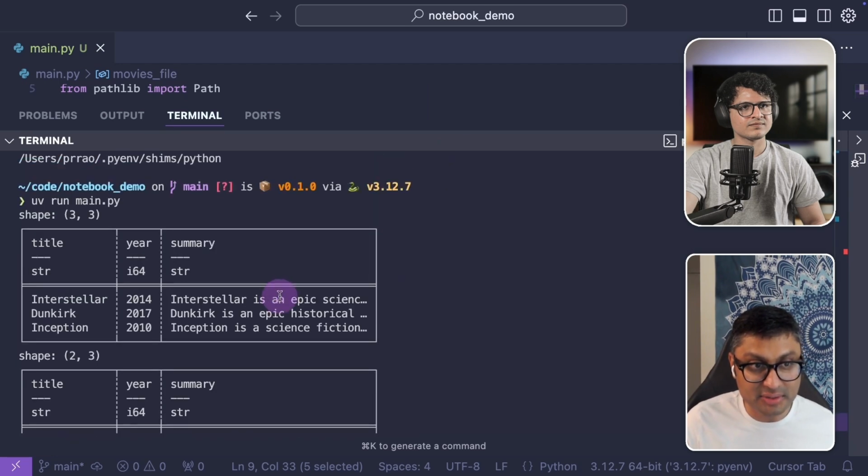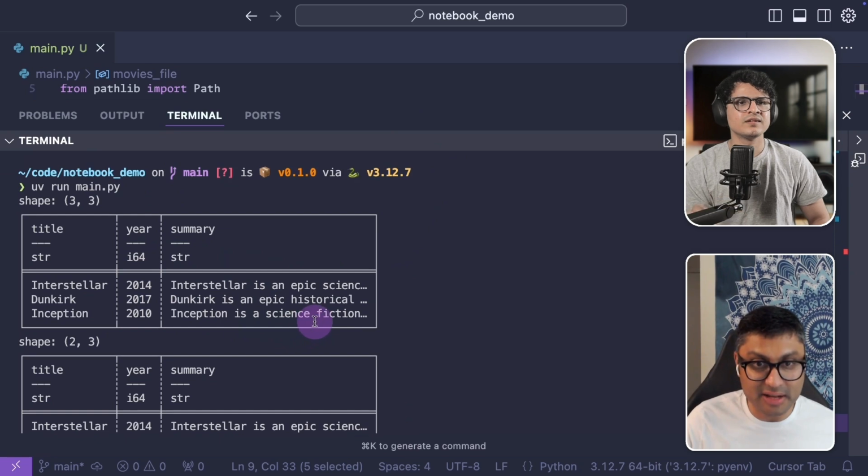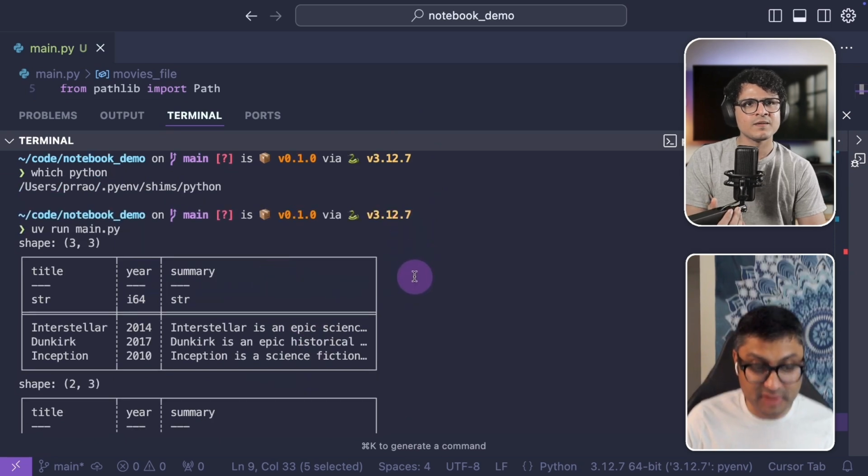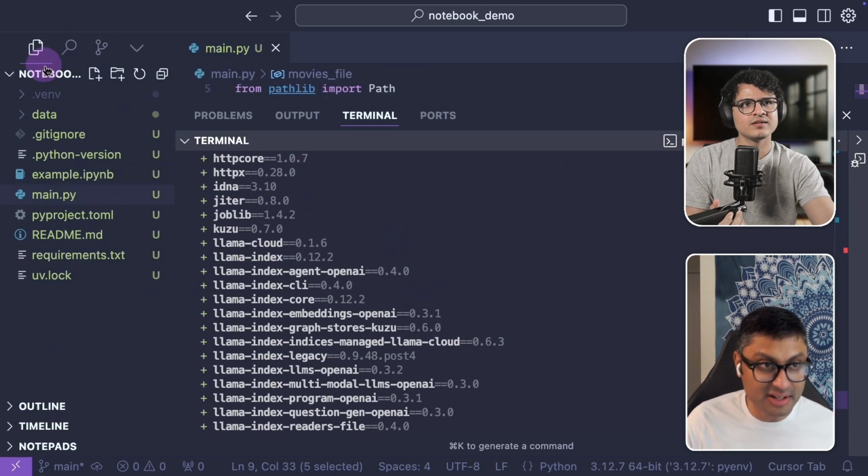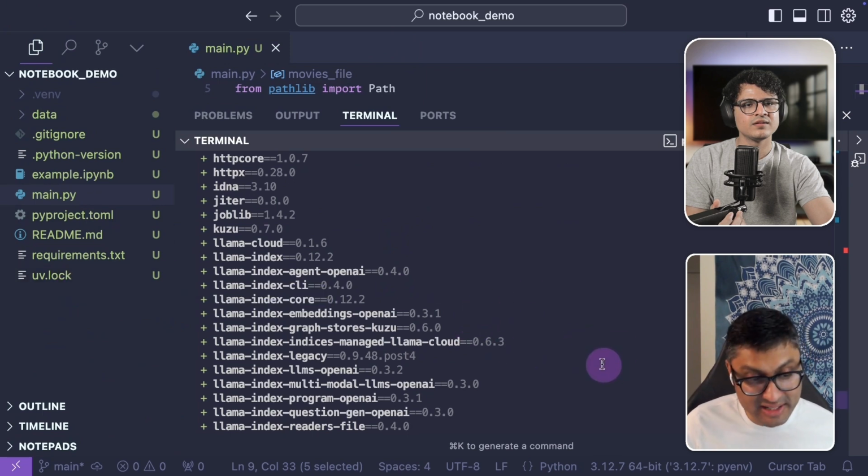So UV is using whatever version of Python it has, and it's running the same code that I have. Why did it run even though I did not activate a virtual environment, right? Because UV is smart. UV sees there is a venv in my directory. It sees a .venv here. If there was not a venv, UV is even smarter. It would actually use the PyProject and uv.lock and automatically install the virtual environment for me, even if I forgot